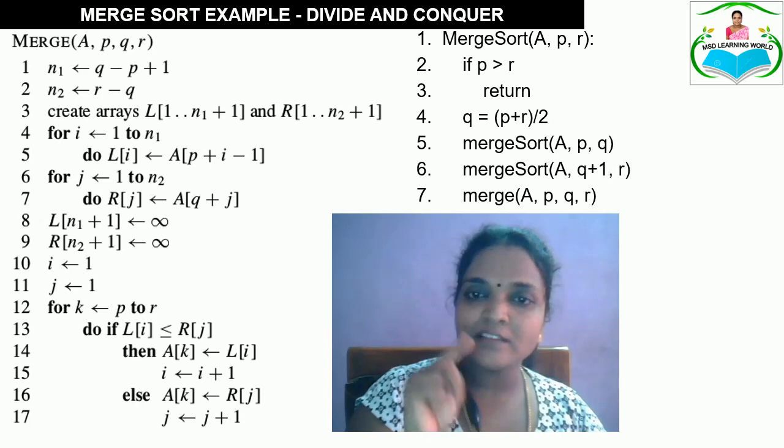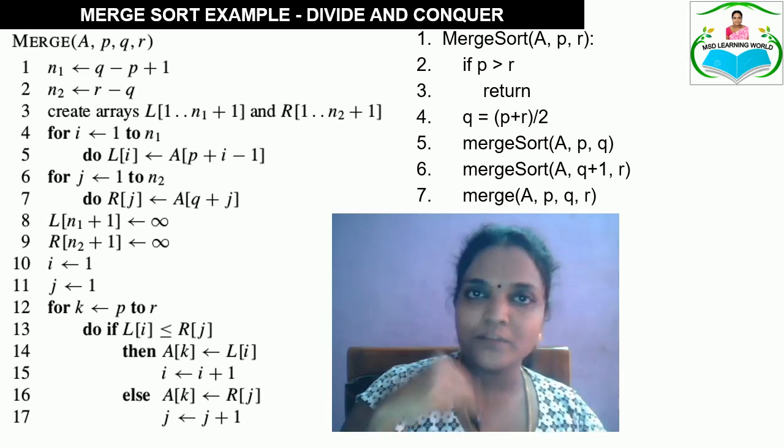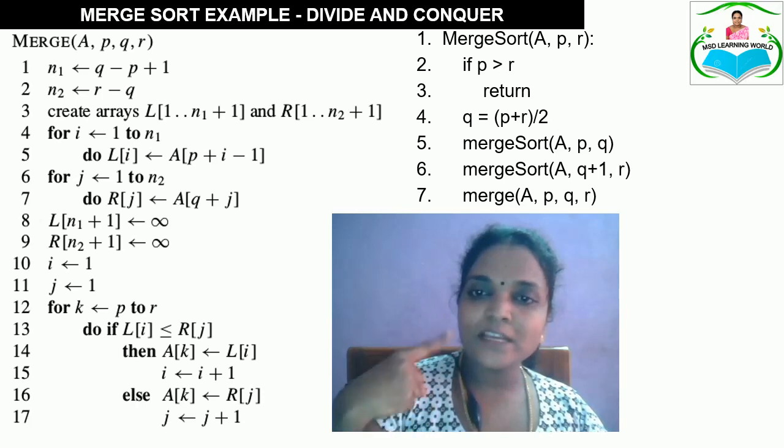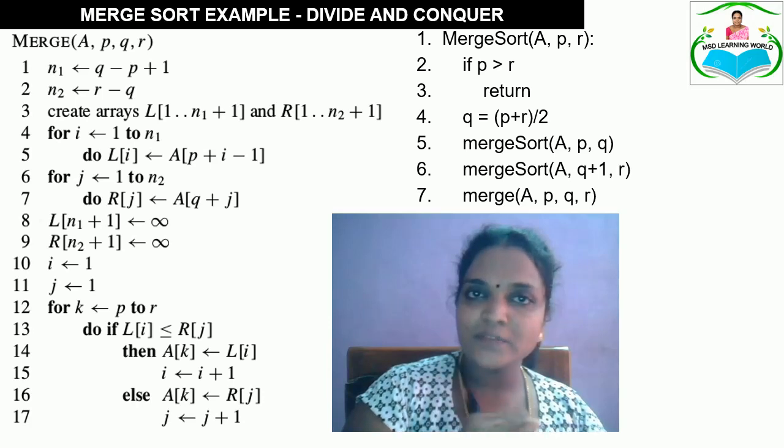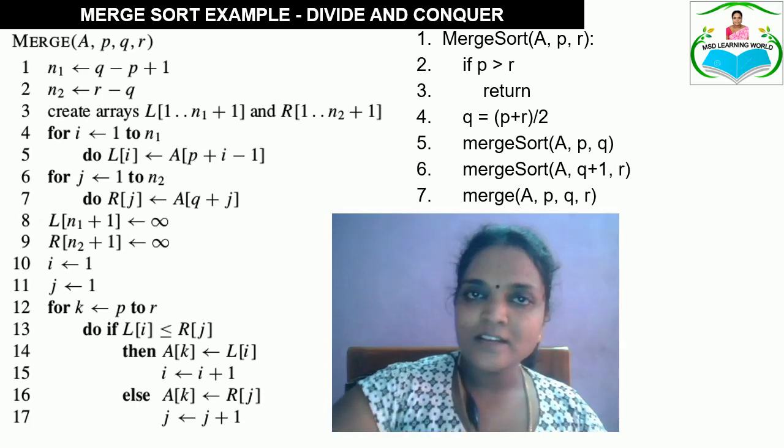Then after completing the recursive call in the fifth line of the pseudocode, the sixth line gets executed as merge sort of A comma q plus 1 comma r, because the mid element is q, which is already with the left subarray. So the right subarray's first element is going to be q plus 1. So for this the merge sort is again recursively called, and the sixth line is going to end only after the right subarray is completely divided. At last, after completely making this division, the divide steps will be completed where all the left subarrays and right subarrays are divided until a single element is present.